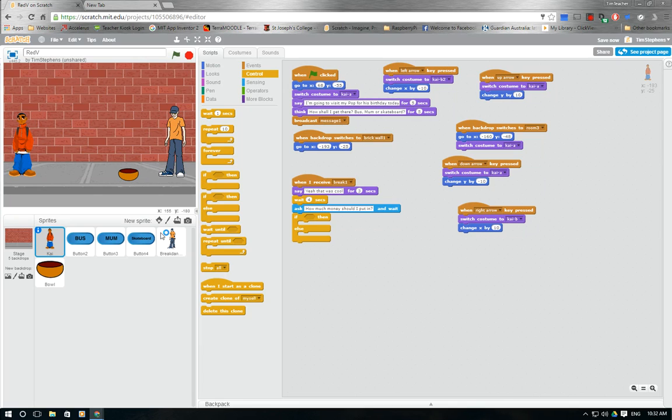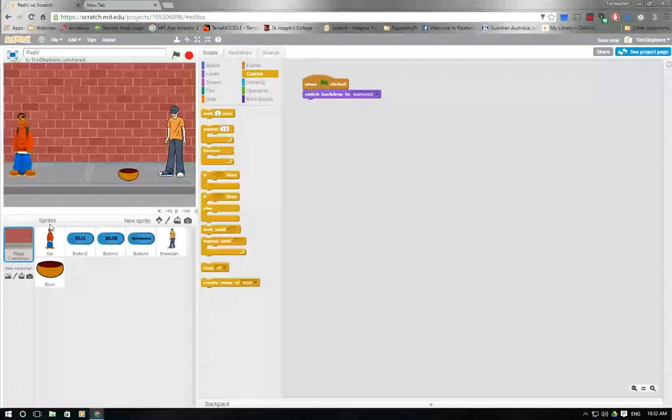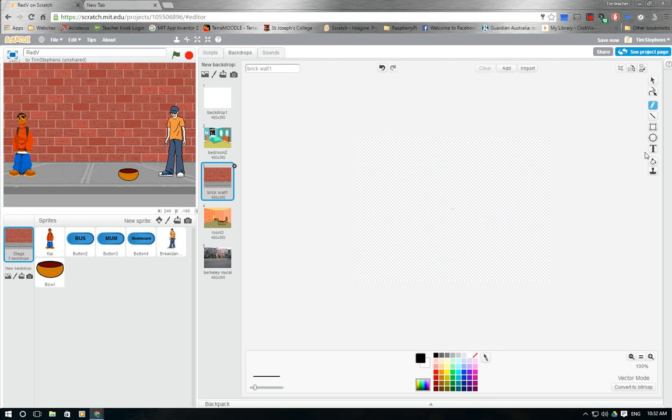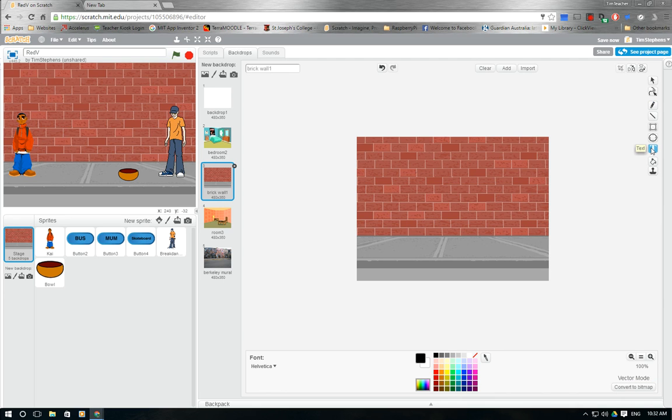I might just stop the video here because we're running out of time, and I'll start from this point in the next video. The only other thing I'd like to do is go to the backdrop here, and in convert to vector mode over here, actually no, sorry, back to bitmap, and I'm going to go circle, red circle, and I'm going to draw it right there, and then I'm going to go back to vector